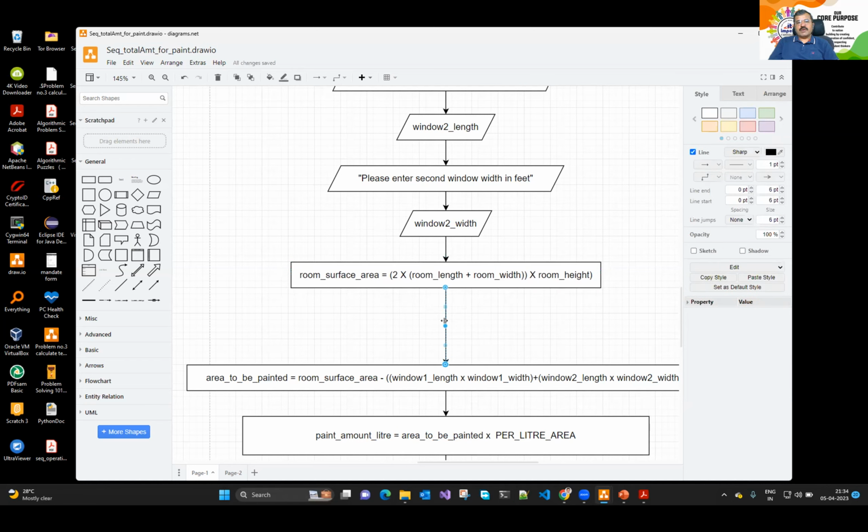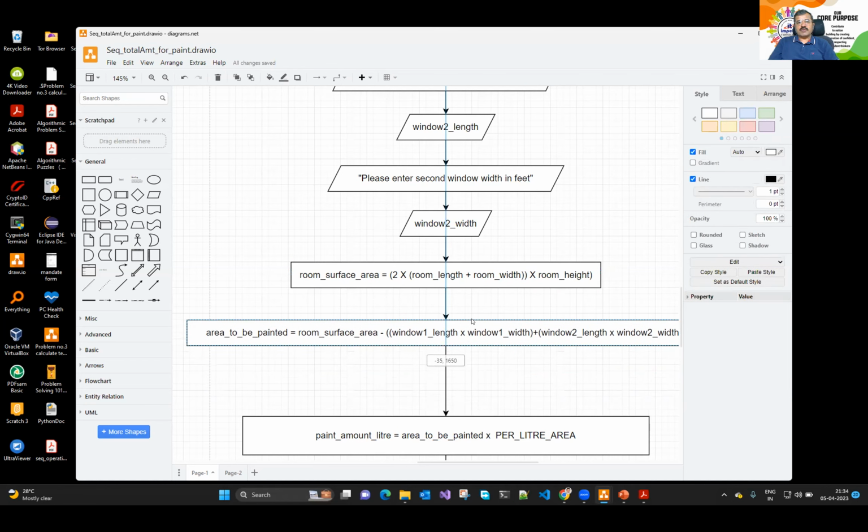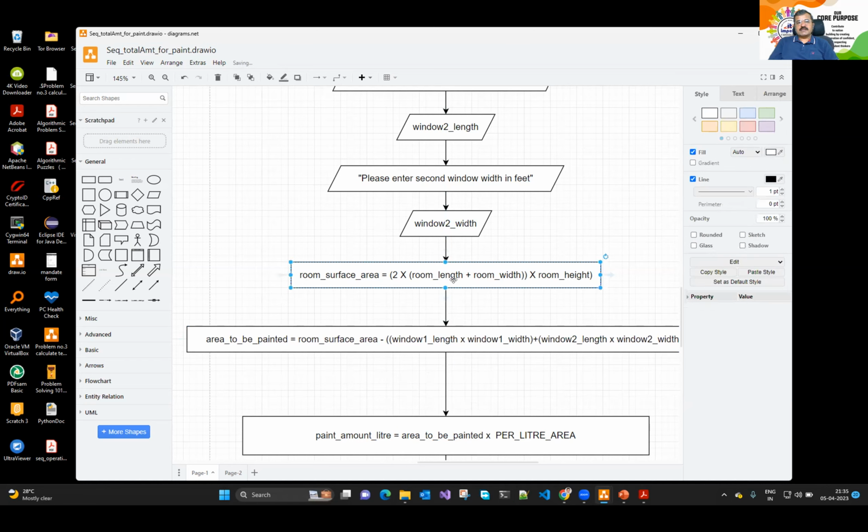I definitely would not like to have the formula that she had written. It was too lengthy a formula. I'll rather break it into two parts, or I would simplify it even further. Take the calculations and see whether it works or not. Simplify that formula. You would like to calculate the area of the walls: first wall, second wall, and the opposite facing walls. And since we are only accepting height and width, we are assuming that the opposite facing walls are of the same dimension. So 2 into the